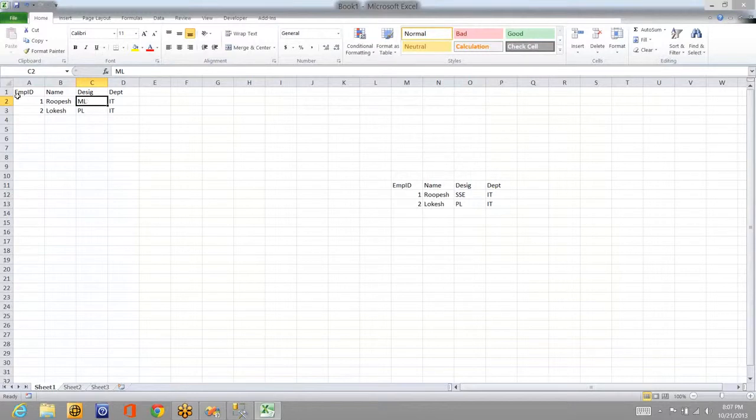In how many ways you can track the change that has happened in your source is called slowly changing dimension. If the dimension data is changing over time, a dimension means nothing but a master table. If master table data is changing over time, then in what ways are you tracking it in your data warehouse? That is called slowly changing dimension tables. Let's say one way is simply updating it. Okay, simply SSC becomes ML, directly update the record if there is any change.